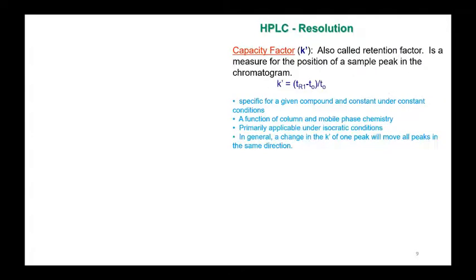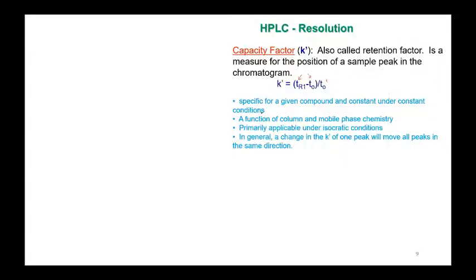What TR1 is and what T0 is, you came to know already. So you have the overall retention time, you are subtracting the dead time and you are dividing by the dead time. So this is what we get as the capacity factor. It is specific for a given compound and constant under constant conditions. So if you don't change the conditions, it will be fixed for one particular compound. If you do it in your machine, or if I do it in my machine, it doesn't matter, in both cases for the same compound, same